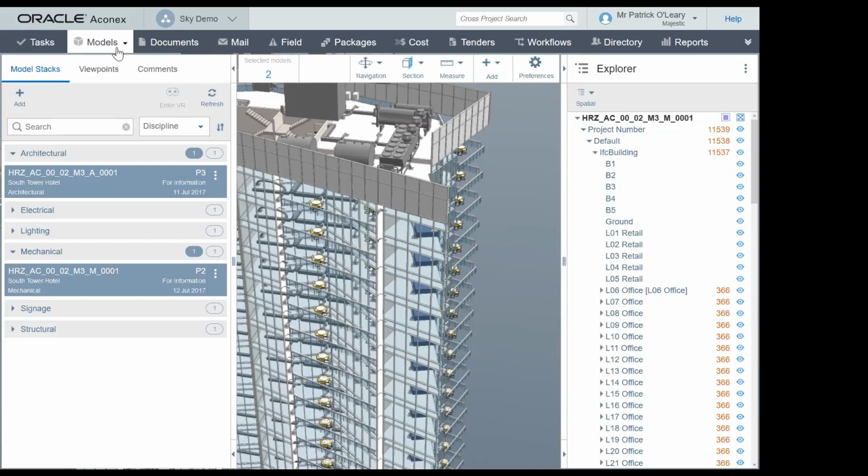My question is this: in the industry today, we have this idealized concept of digital twin, whereby we have an intelligent model somewhere that connects to the real building in real time with use of sensors and all that. I want to understand if Aconex has that level of integration with an existing building, or if you have that in view in the near future.